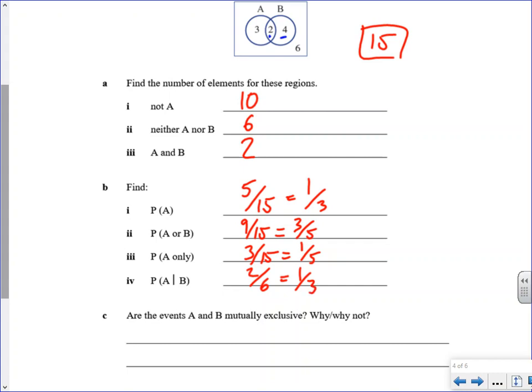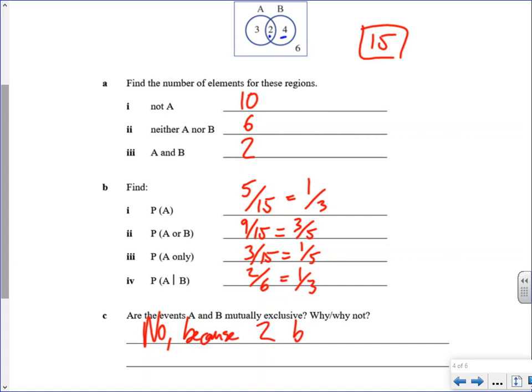The last question is, are these events mutually exclusive? Why or why not? No, they're not mutually exclusive, because what mutually exclusive means is if you're one thing, you cannot be the other thing. There is no both. And just look in that Venn diagram, there is an overlap. Because there's an overlap, there are people that are both A and B. So that means it is not mutually exclusive. So no, because